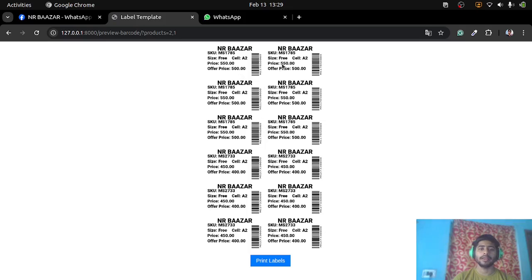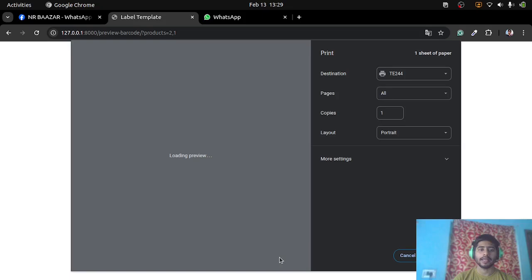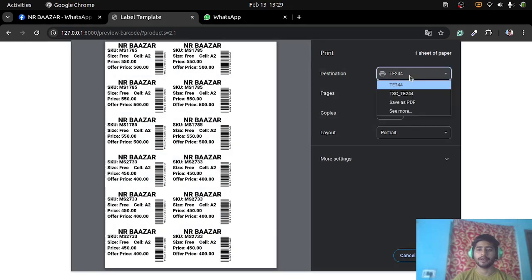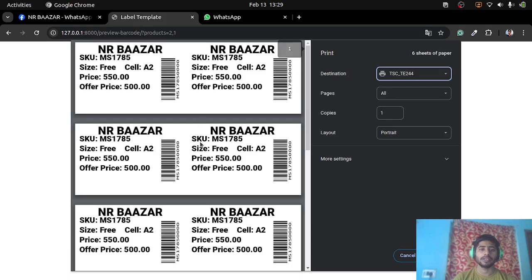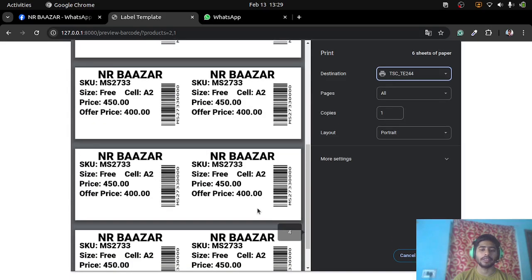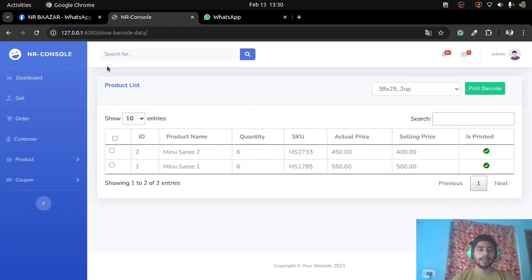You can see the label is coming in 2, so if we print the label and select the perfect printer, then you will see one by one is printing. So let's cancel it and